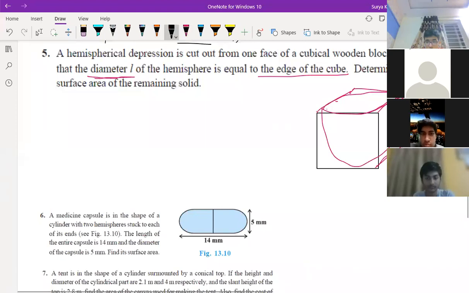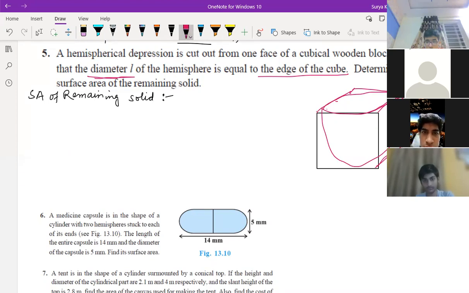Who will tell me the surface area of the remaining solid? So again, same thing, what we can touch of the figure. We can touch all the 5 sides, right, children? I'll write here separately what we can touch: 5 sides we can touch. Then this top part, we can't touch, but we can touch this part.